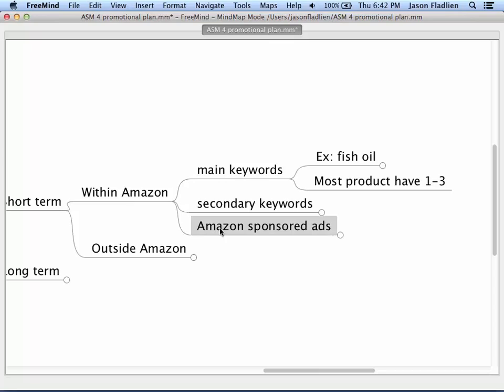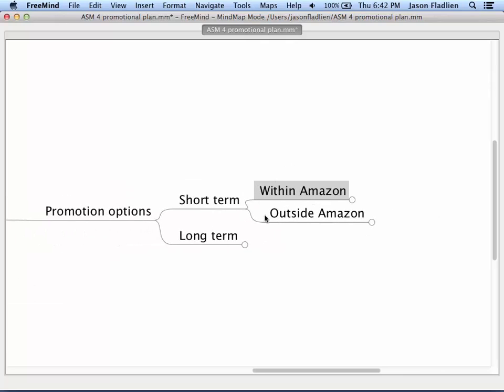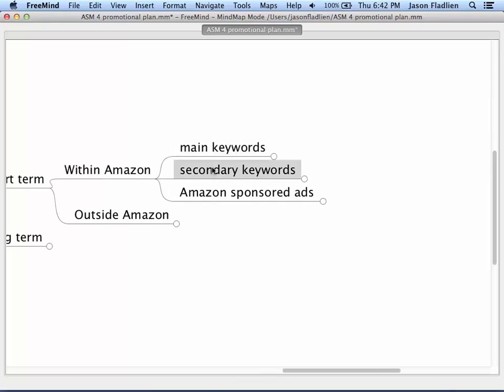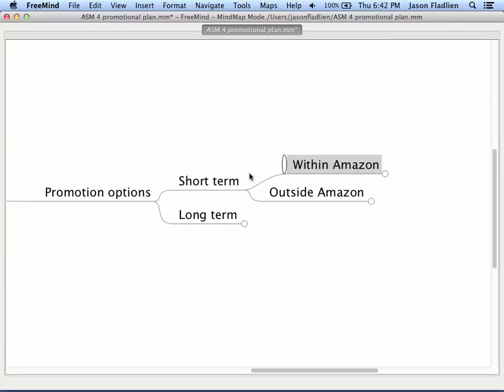Or conversely, we have Amazon sponsored ads that do enough of the heavy lifting for us that then ranks our products through our ads for our main and secondary keywords, and then Amazon takes over. So most of the success stories you see, they did not drive outside Amazon traffic at all, or if they did, it was only very shortly, just to jumpstart their listing to get ranked for their main and secondary keywords, and then Amazon took over, or they just ran ads and took over. Now, there are some instances, depending on the competitiveness of the product, depending on wild card factors, because there's nothing predictable about